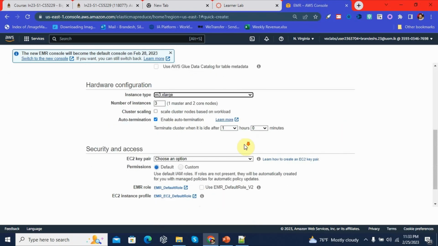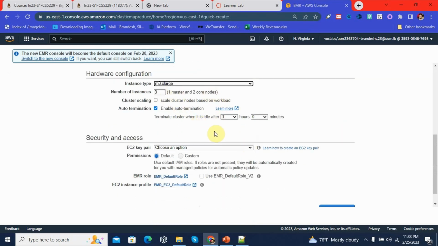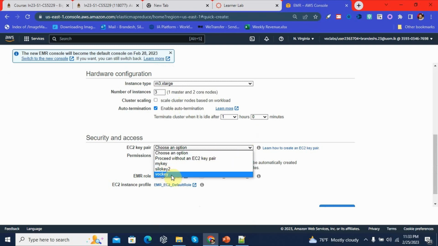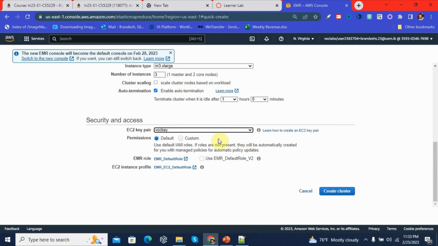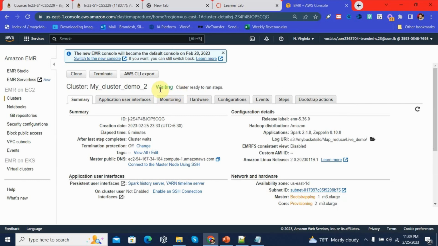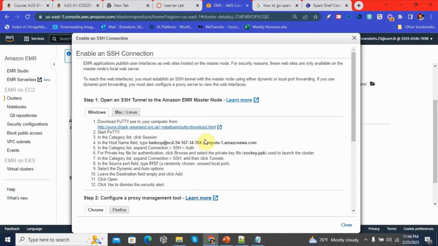M3 X large, then others I will keep as default. Then I'm selecting here the key. Okay, great. So I'm now creating the cluster. Okay, the cluster has started now. So okay, now I'm going to